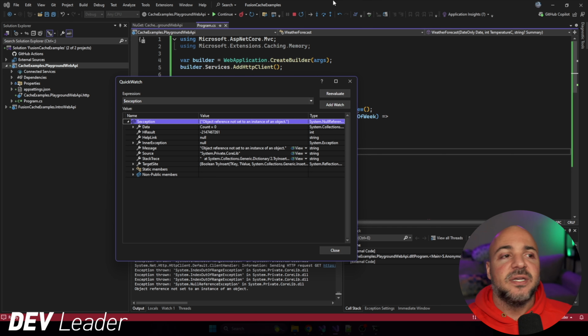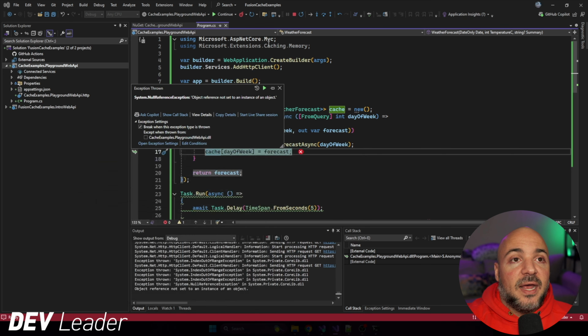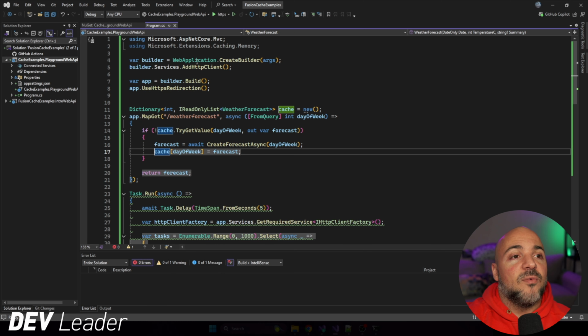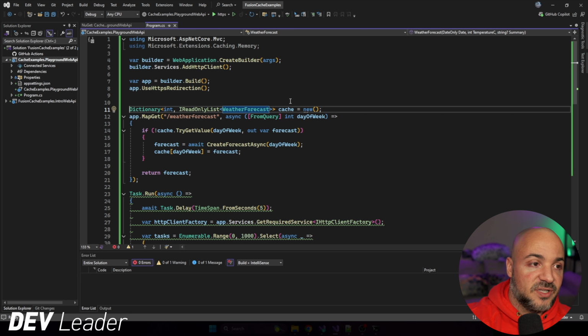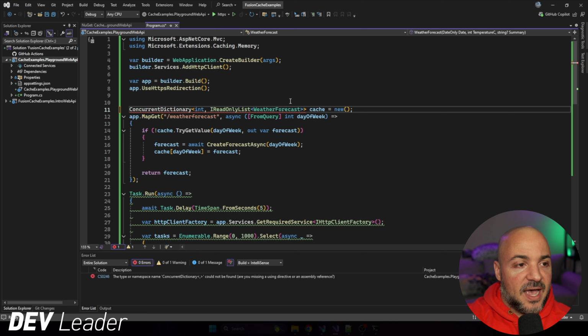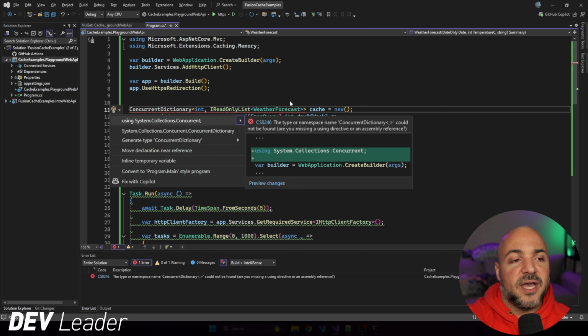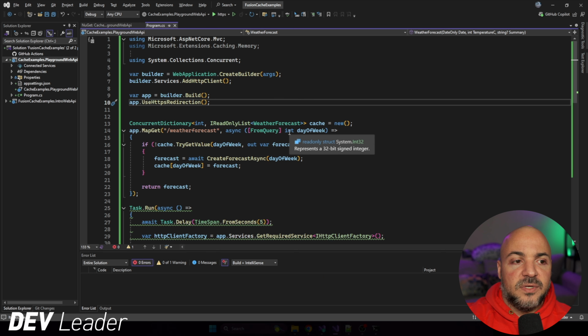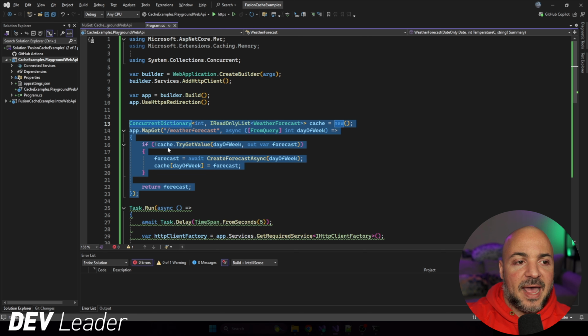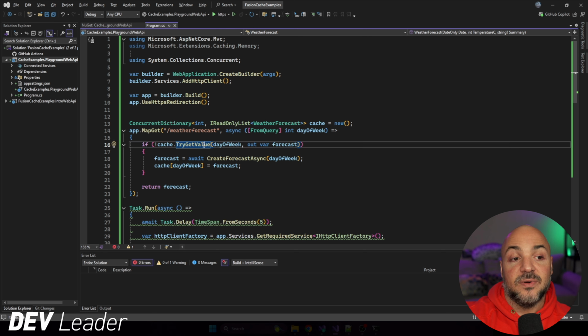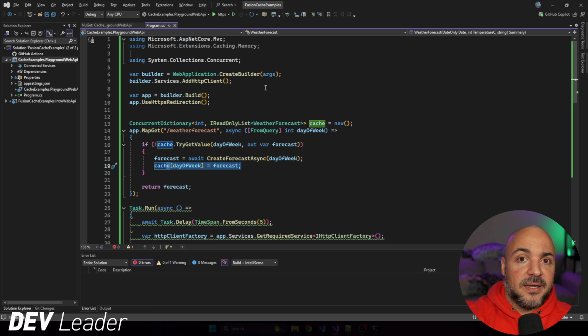So there's a solution, and I'm going to stop this for a moment, and we're going to see that we can fix this particular problem pretty easily. There's something called a concurrent dictionary. And you'll see that if I add concurrent here, and then use System.Collections.Concurrent, notice how none of the other code broke, right? The cache APIs that we call here to get the value, to add it back in, they still work. So I'm going to go ahead and run this again,